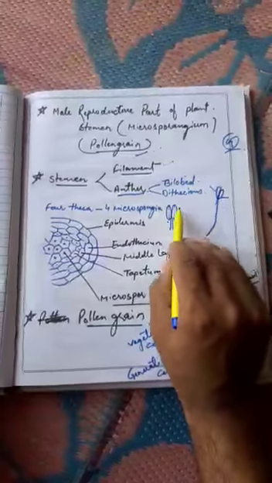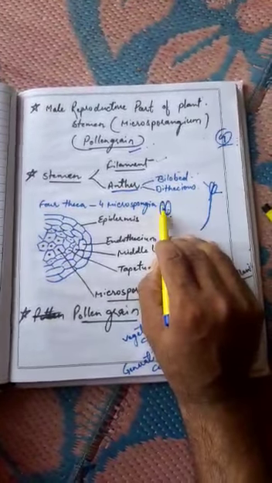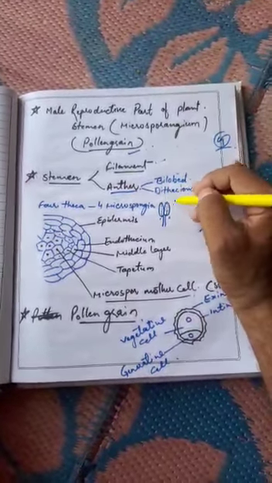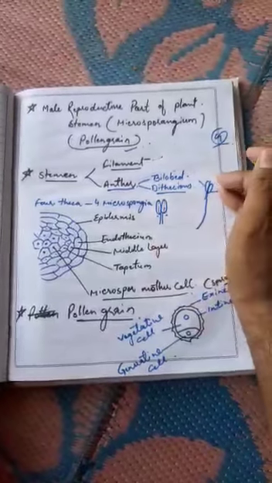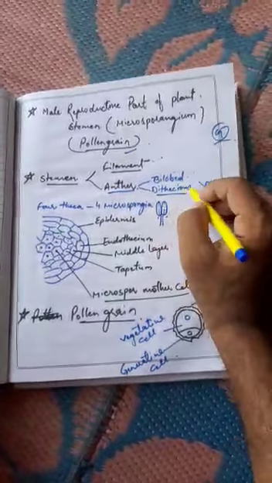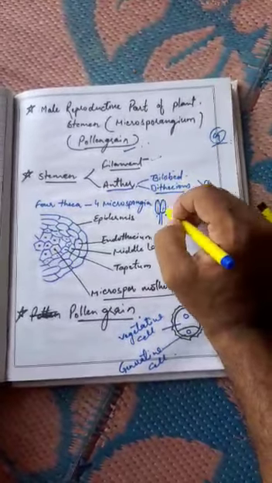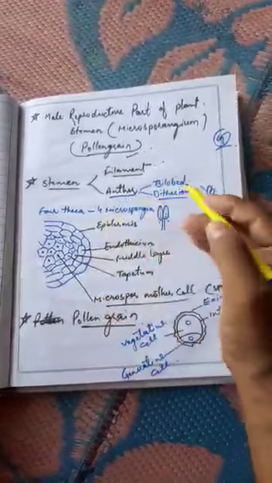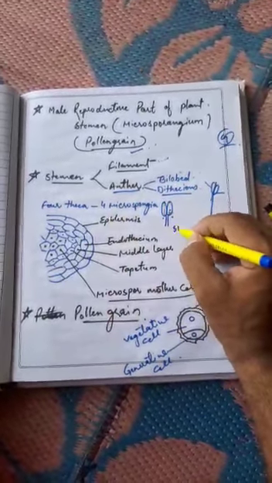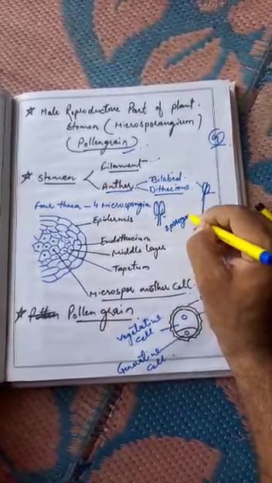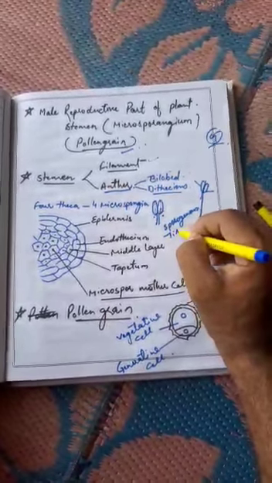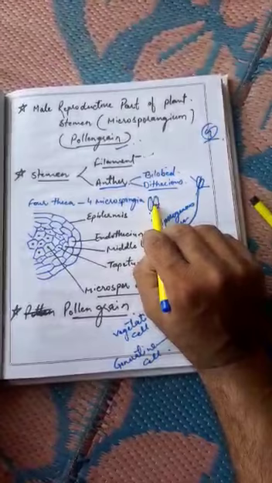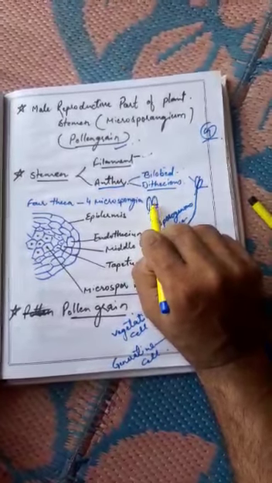Each lobe has 2 theca. That's why the anther is known as a bilobed structure, and every lobe has 2 theca. That is why it is also known as a dithecous structure. So each theca contains a large amount of sporogenous tissue. When the anther is young, each theca, inside every lobe there are 2 theca, and every theca is filled